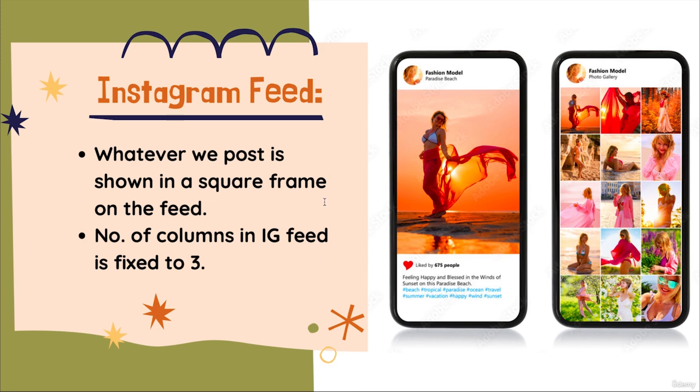Firstly, whatever we post is shown in a square frame on the feed, so even if we are posting a rectangular photo, its cropped square version will be seen on the feed. And secondly, the number of columns in the IG feed is fixed to 3. That is, in a single row, we can only see 3 photos. In this tutorial, I'll show you how to create a 3x5 grid, which is the maximum grid size on an